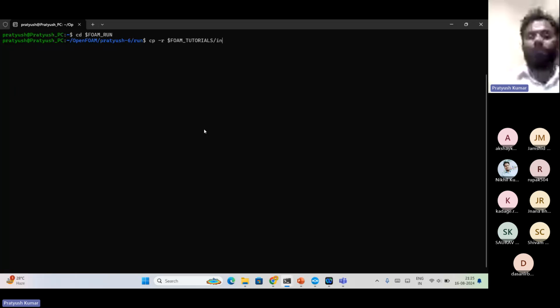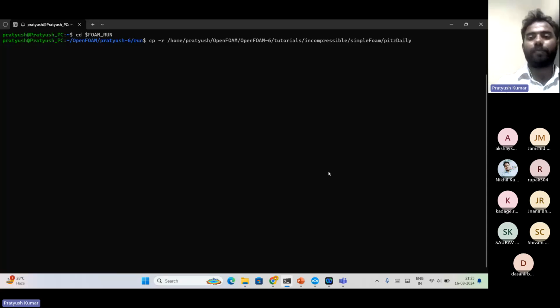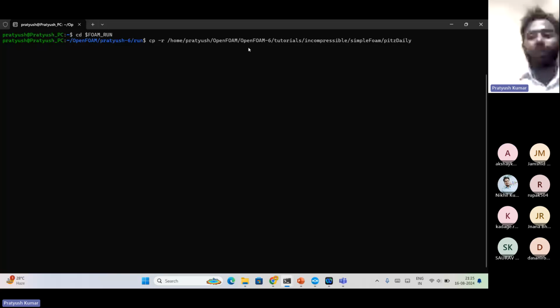Okay, and we can go to incompressible, and here in simpleFoam we need to copy this pitzDaily test case. Since we want to copy at the present location, we need to put a dot here. So cp means we want to copy, -r means we need to copy a directory, this is the test case that we want to copy, and dot means we want to copy at the present location. Okay, so if I enter here,